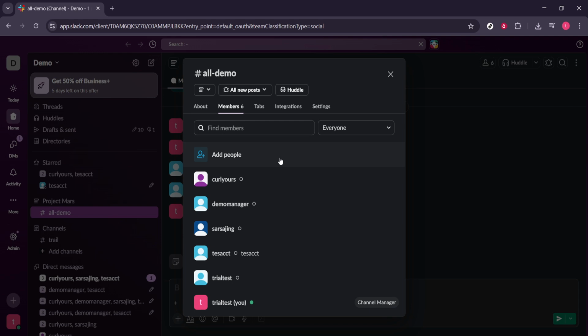That's it. You went to the channel, opened the channel details, checked members, clicked Add People, entered their name or email, and confirmed by clicking Add. With that, you're set to bring the right partners into the right Slack channel and keep the